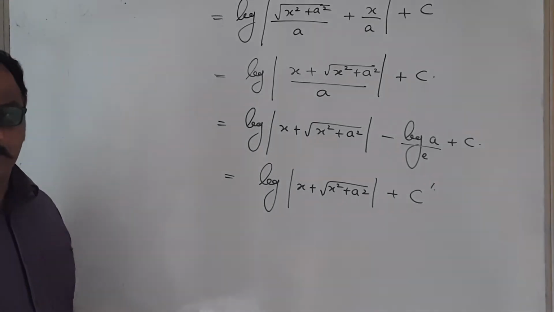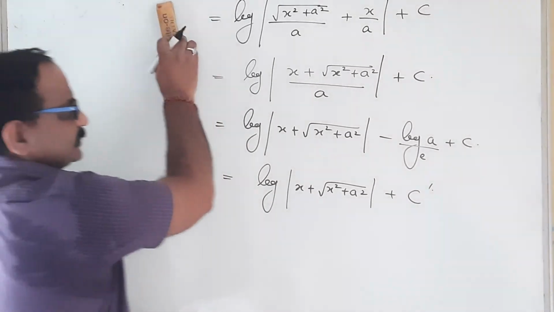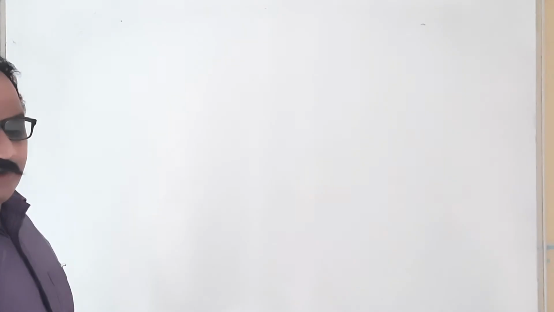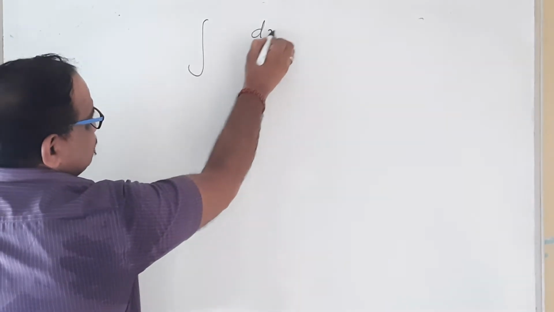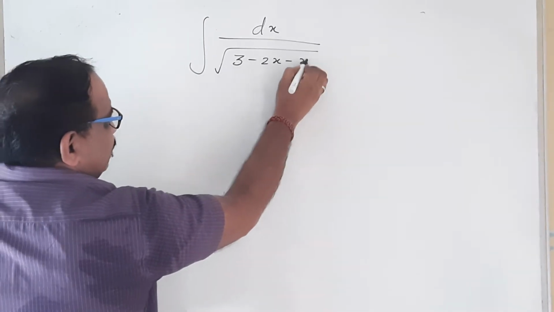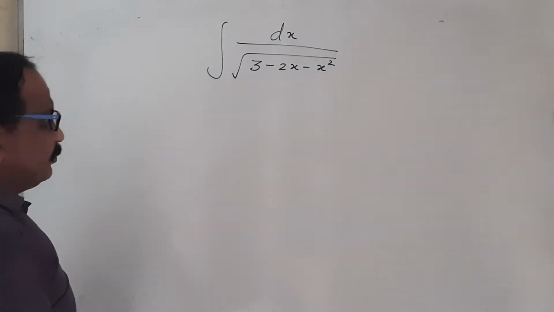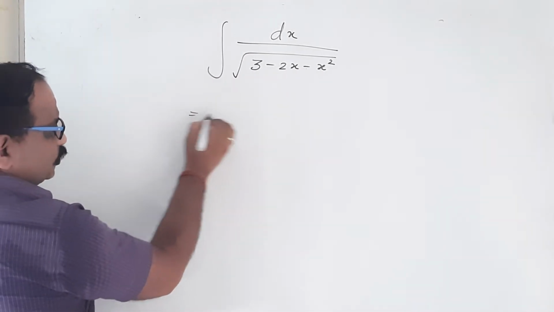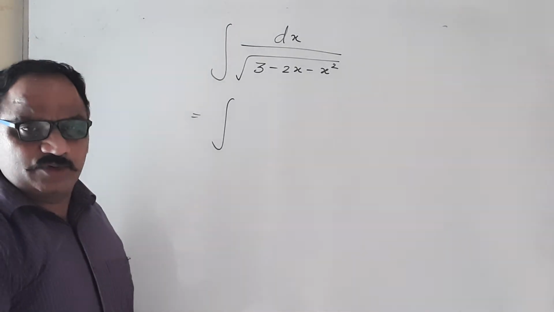In a similar fashion we are able to get the third one. Fine. Now we have to discuss some questions based on that. So in case of questions, what we have to do is identify which type of function is there. Say the question that comes to us is 3 minus 2x minus x square. It's a quadratic case. Fine. The important thing is, here the coefficient of x square is negative. Fine. So what should we do very first? We have to create the perfect square inside the square root portion itself.